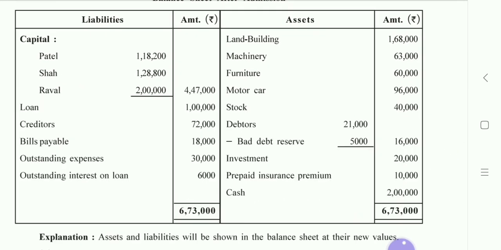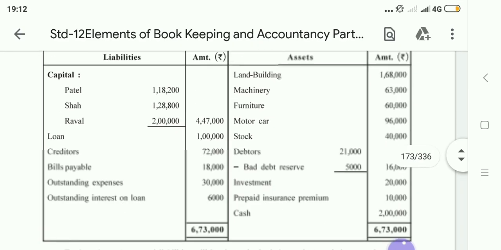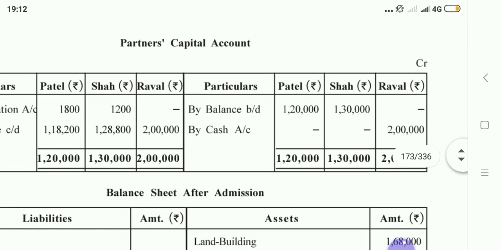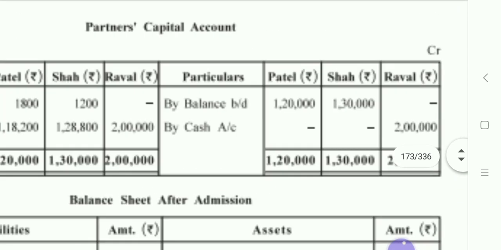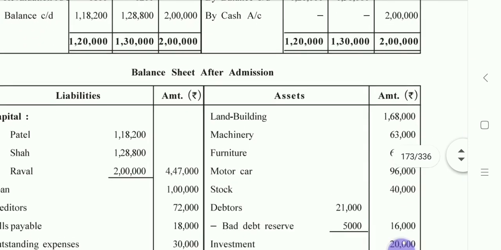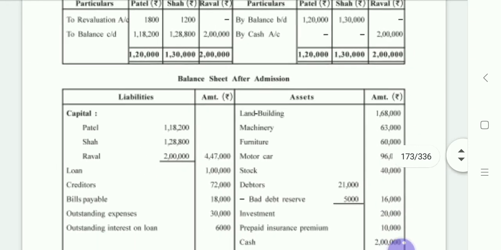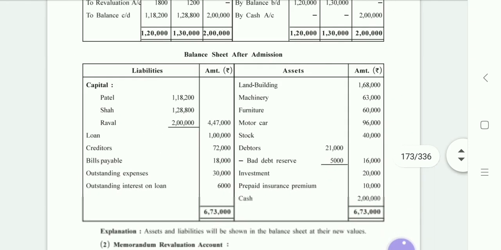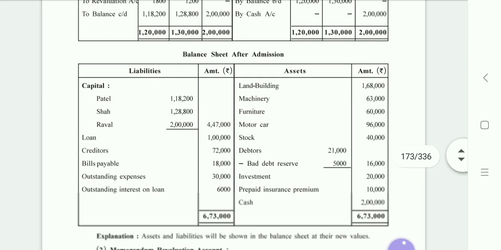In our firm, 2 lakh cash has come, and what is it about? It is Raval's capital. So here is the second effect, 2 lakh. And here we have all the new values of assets. Debtors 21,000 minus 5,000, considering bad debt reserve. Prepaid insurance premium 10,000, that was our last adjustment. Yes. So now at last